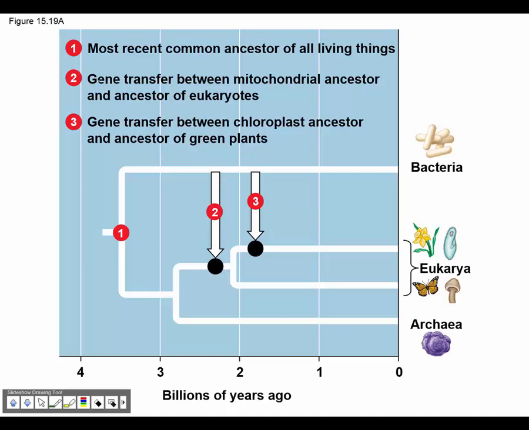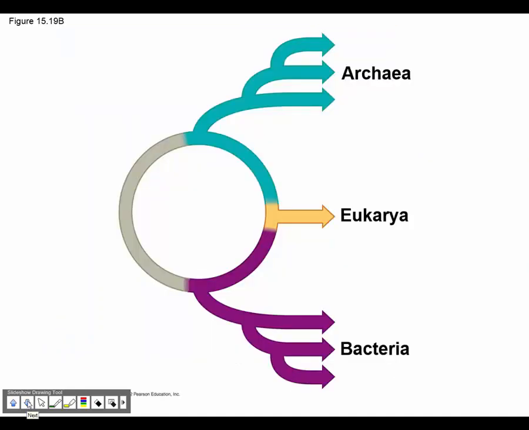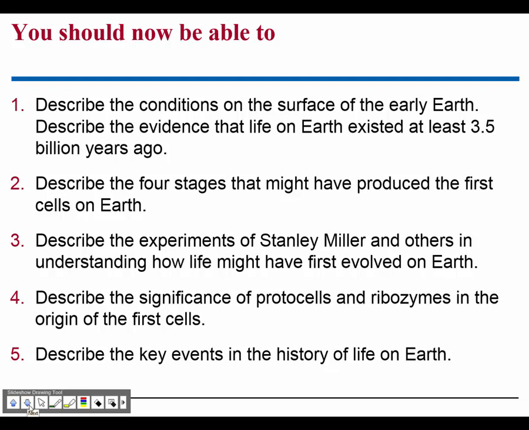But the endosymbiotic theory, right? You have gene transfer between the mitochondrial ancestor and the ancestor of eukaryotes. So, the eukaryotes' creation, you have that engulfing of that prokaryotic organism in that symbiotic relationship. Gene transfer between the chloroplast ancestor and the ancestor of green plants, right? And so they see this ring, and here's eukarya and archaea and bacteria. I don't know if that helps you understand it, but there we go. That's our last chapter